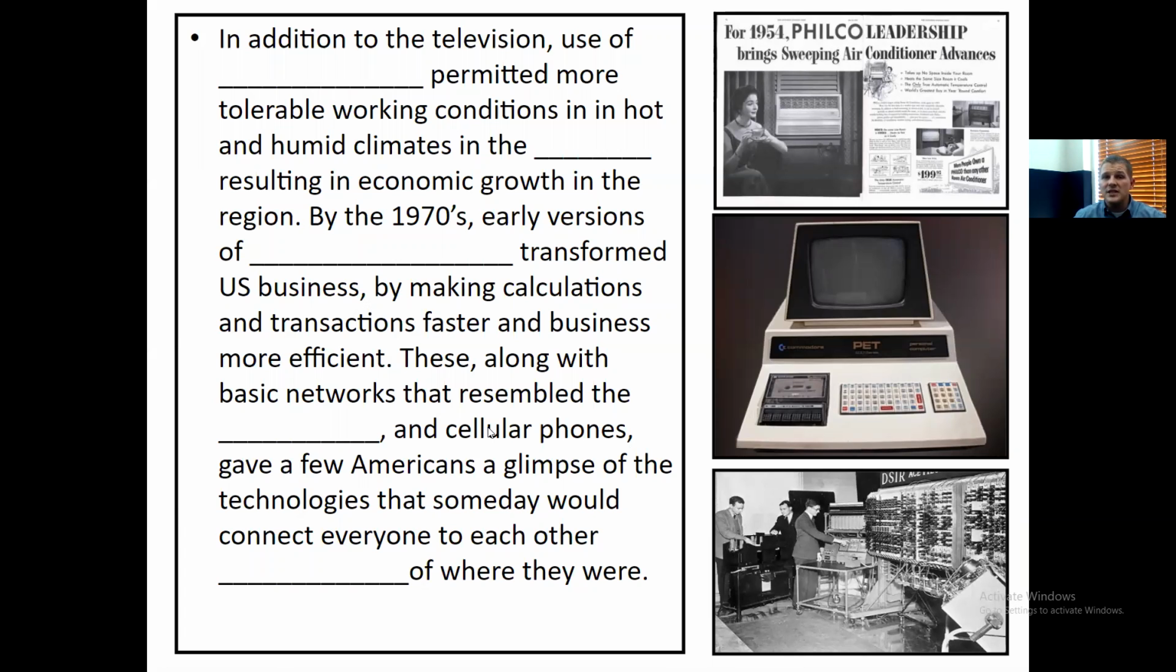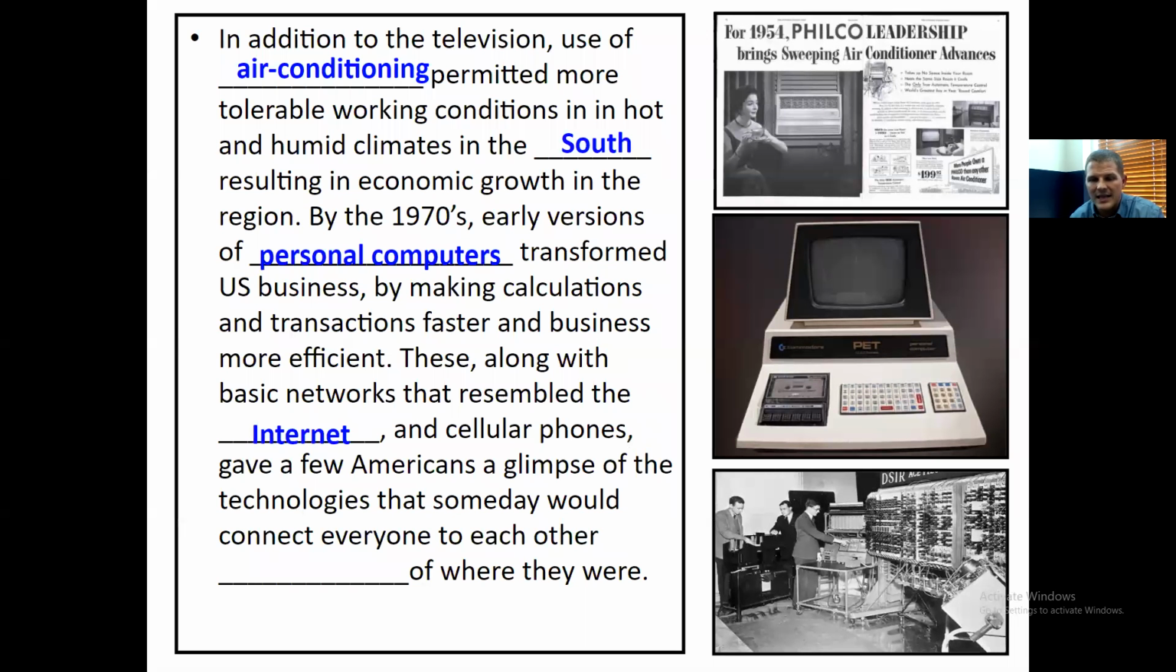In addition to television, there was the use of air conditioning. This is pretty simple. Air conditioning promoted more tolerable working conditions in hot and humid climates in the South, resulting in economic growth in the region. By the 1970s, early versions of personal computers transformed U.S. businesses by making calculations and transactions faster and businesses more efficient. These, along with basic networks that resemble the internet,